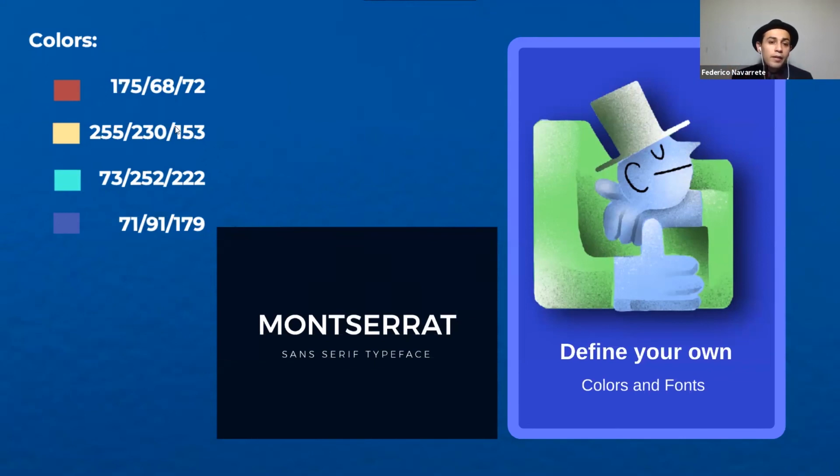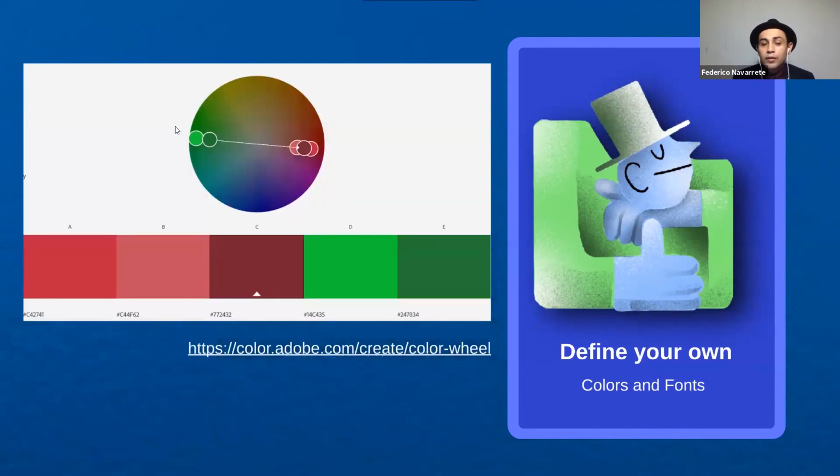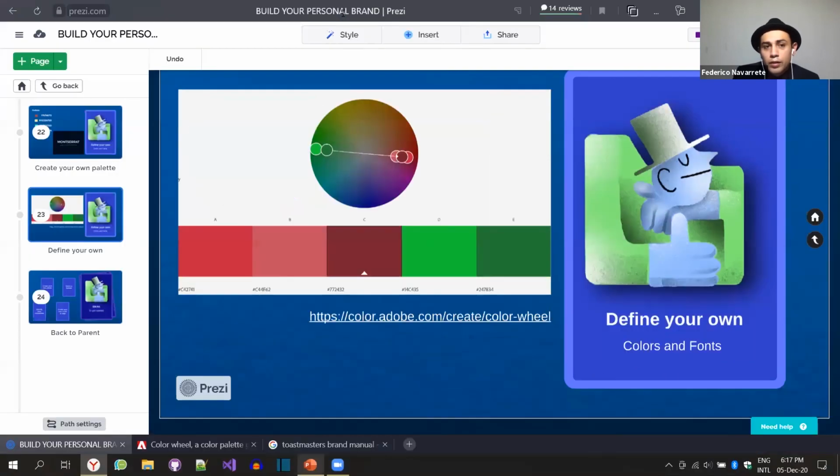And if you want to play safe with the colors, if you don't want to take a lot of risk, I'm not a graphic designer, I am a web designer, and there is this magical website called Adobe Color. Go here and play. You enter in Adobe